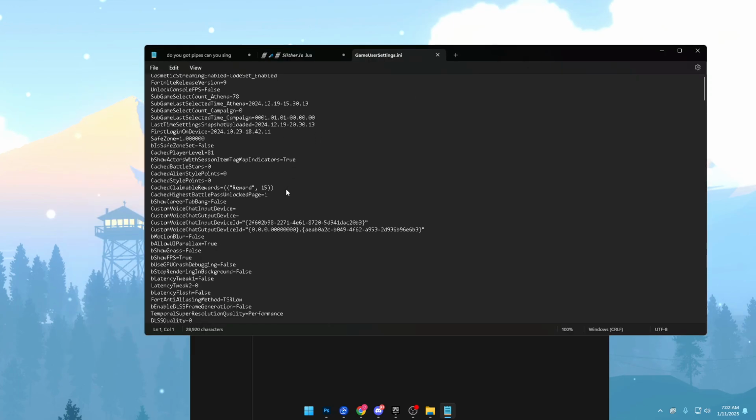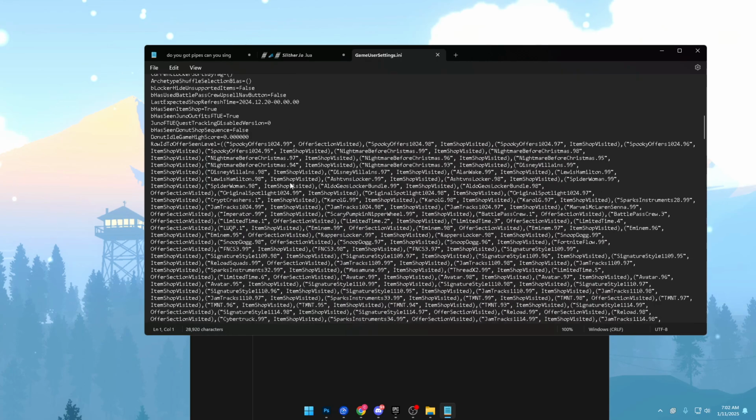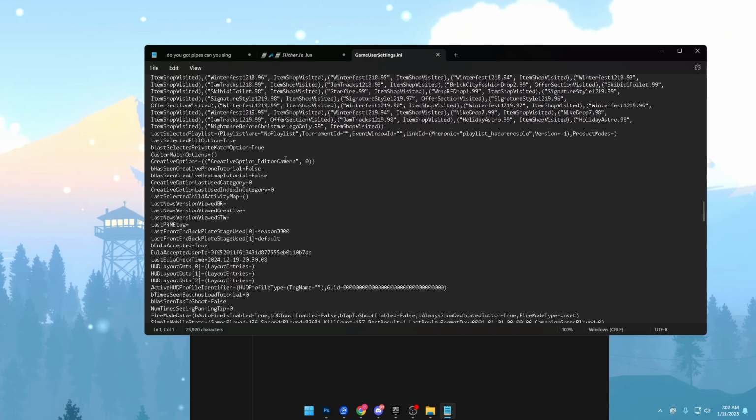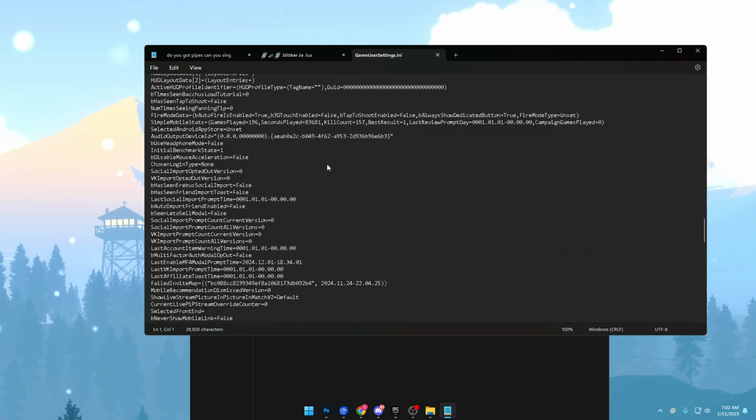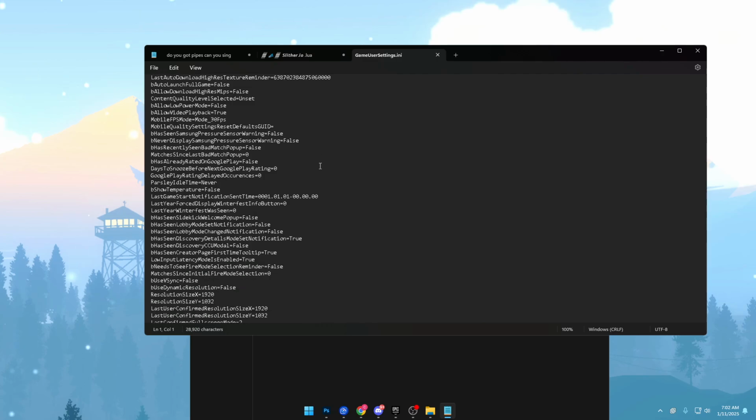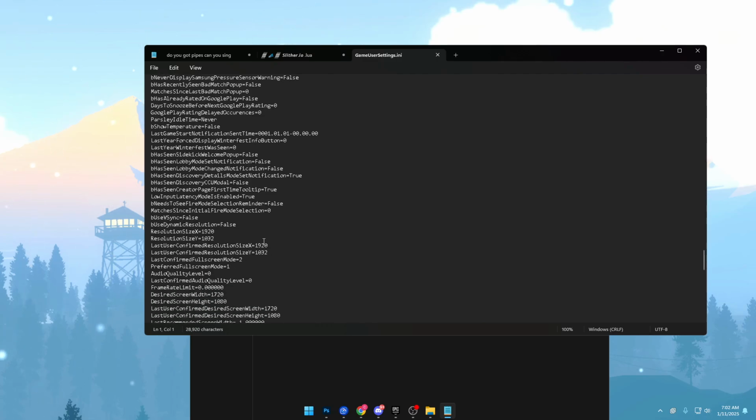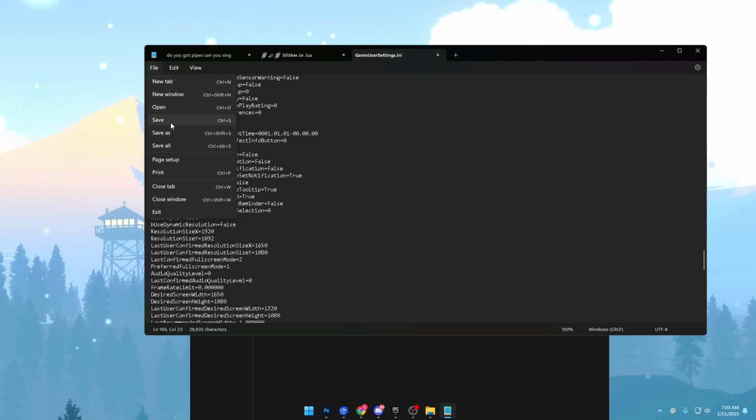Once you're in here, we're going to scroll all the way down till you find these four numbers right here. That depends on what resolution you want. Like if you want Peterbot's, that's 1720 by 1080. If you want mine, it's 1650 by 1080. So I'm gonna do 1650. So you're gonna go here, do 1650 by 1080, 1650 by 1080. You're gonna want to save it